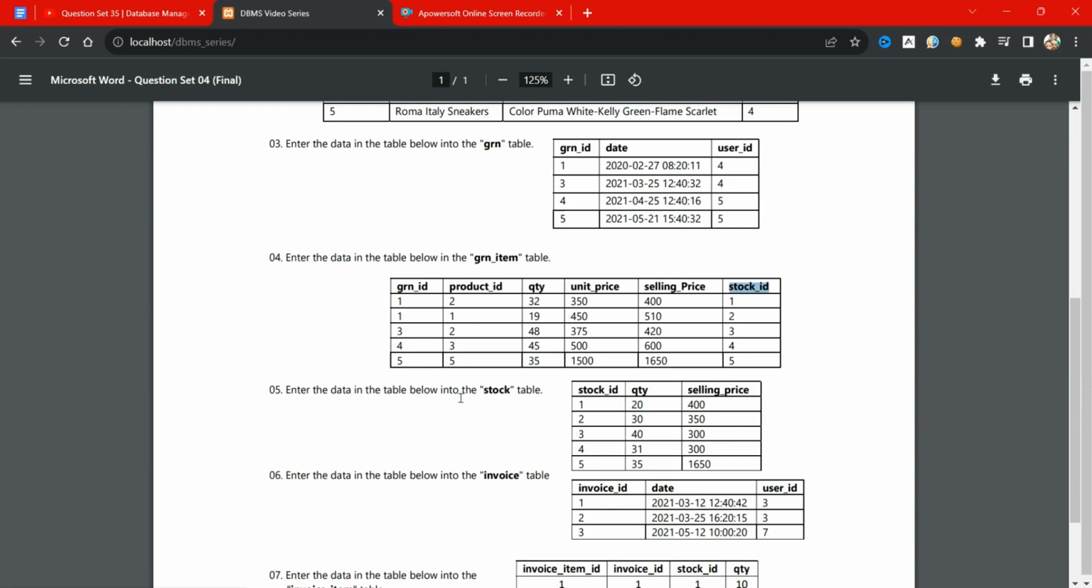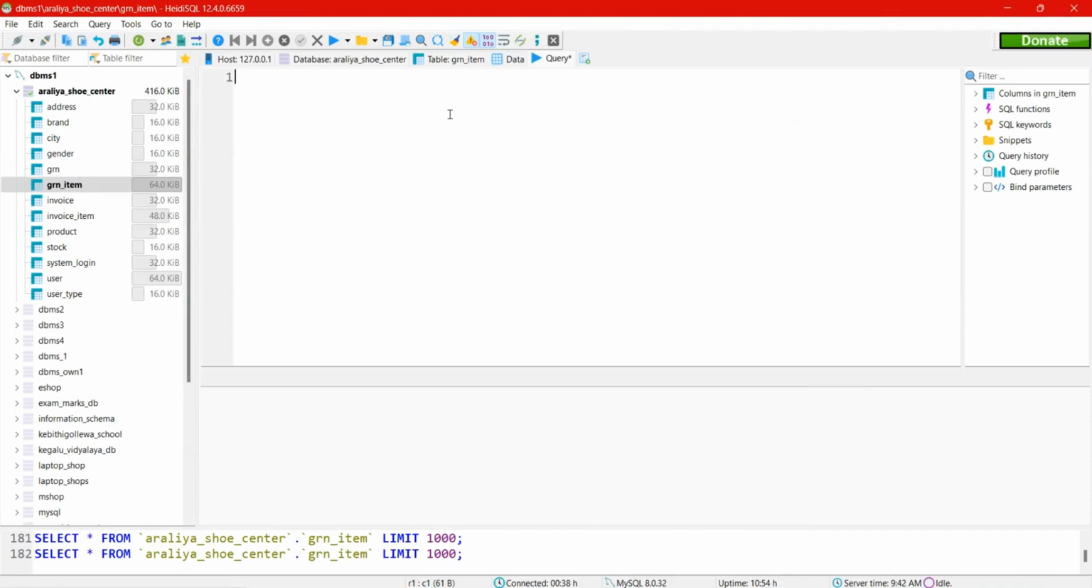Enter the data in the table below into the stock table. So we need to enter these data into the stock table. So I'm going to the HeidiSQL database software, and I'm going to write the first query for the